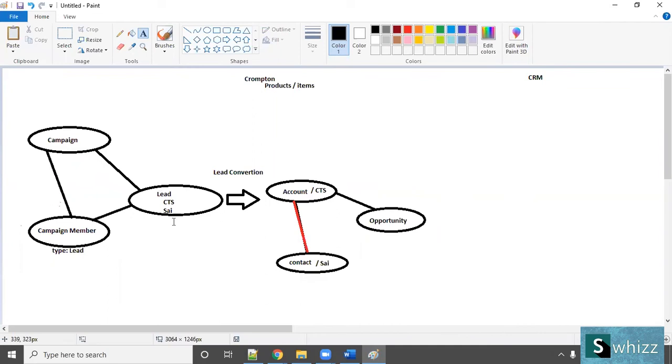Initially, when the lead came, and when you convert this lead to account, contact and opportunity, this lead will be deleted. The details of the lead will be split into account, contact and opportunity. That process is nothing but lead conversion. Then what happened to this type? So this type will be changed to contact.